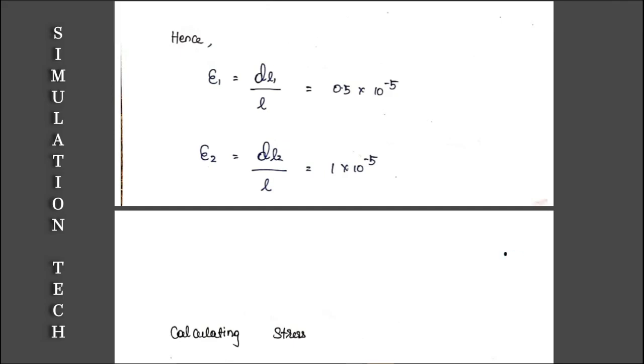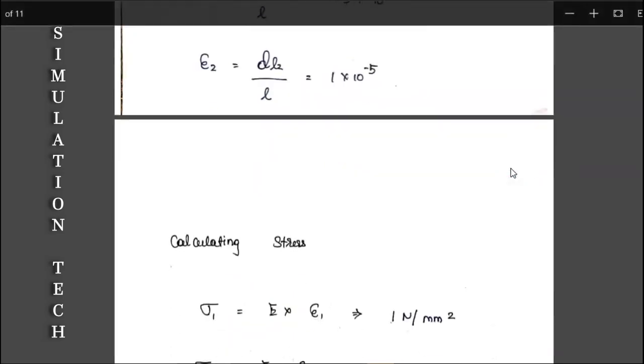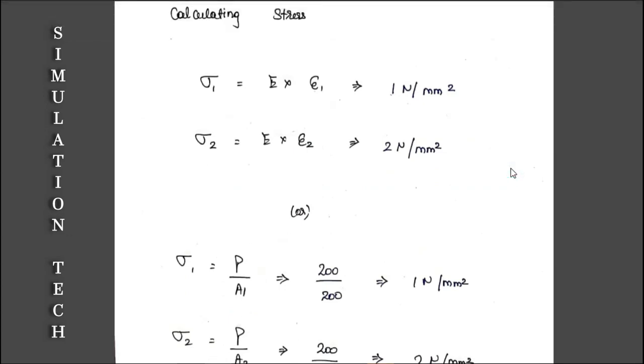And we need to calculate that stress. So how to calculate the stress? It's pretty simple. It is a simple procedure, which we have actually used in our analytical method. It is quite a different method, calculating the stress by using the Young's modulus value. We already know the Young's modulus value. If you don't know, you probably know what the Young's modulus value is for structural steel. It's 2 into 10 to the power 5. If you apply that value, you can easily calculate stress 1 and stress 2. And if you want the overall stress, you can add both stresses. That is also possible.